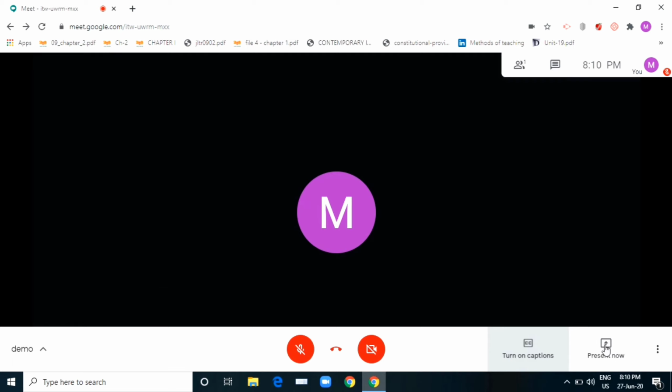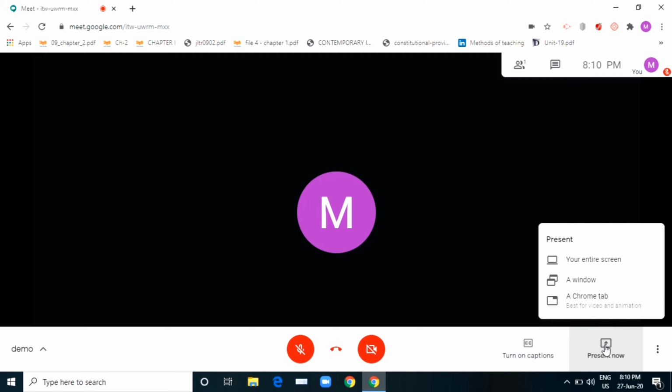And the next thing you will see, present now. Present now means you are presenting the screen. If you want to present the screen and do some presentation for your students, then you can click this present now. You have an entire screen, you have a window and a Chrome tab for video and animation. If you want the students to see the entire screen, you can select your entire screen.